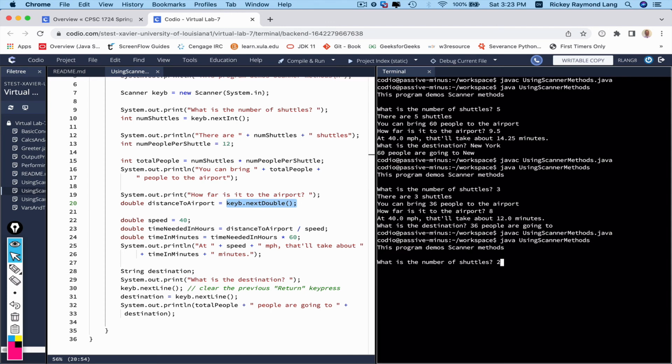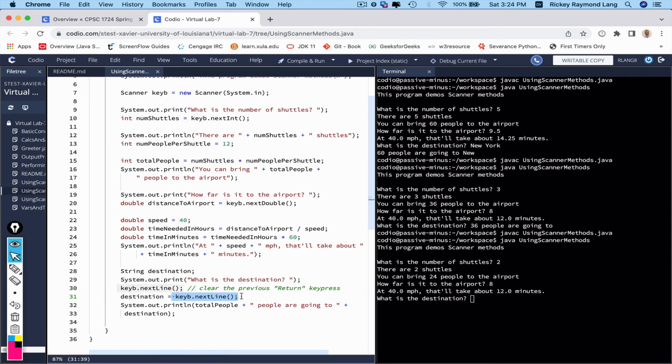What's the number of shuttles? 2. How far is it to the airport? 8. What is the destination? Aha, it's there. See? It stopped on this. All right, so we have what is the destination? All right, then what happened was this executed and it consumed the enter key press, because right here I pressed 8 and then enter. So this statement here, line 30, consumed the enter,